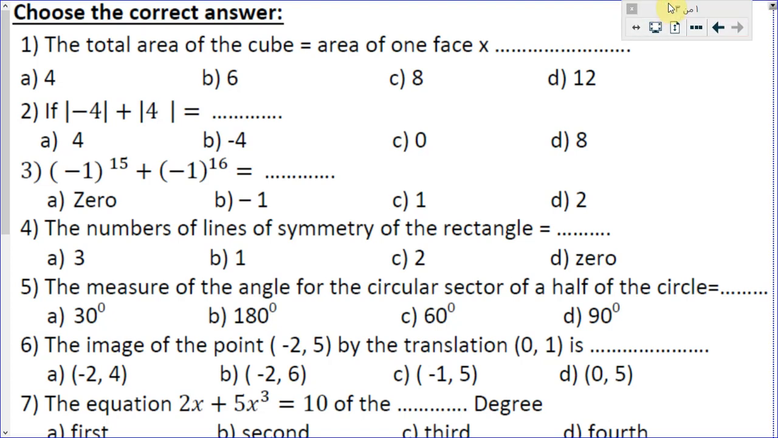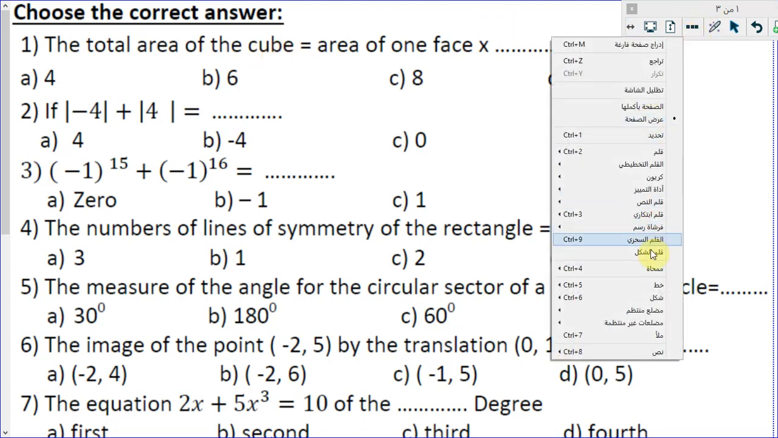Today we will solve some exercises about our curriculum as a revision. I will start with some multiple choice. The first one, we want to solve the total area. Okay, the total area of the cube equals